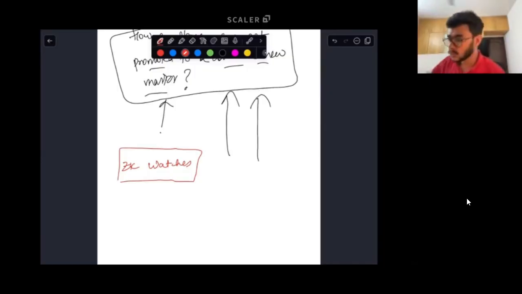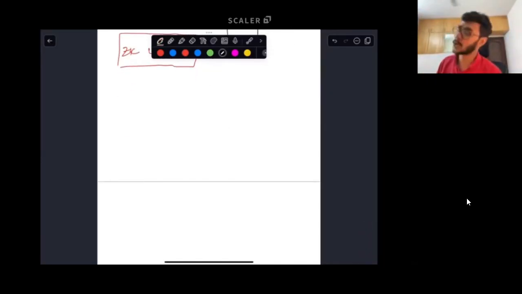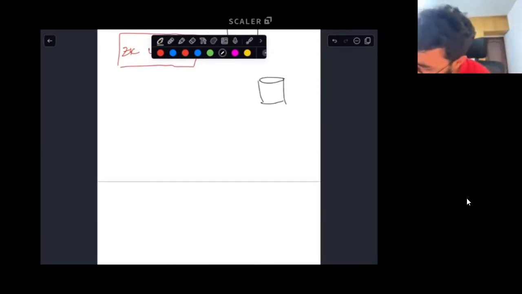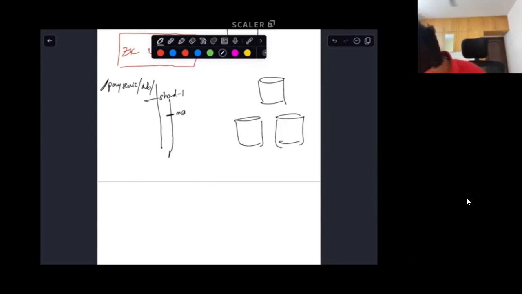The concept of Zookeeper watches is as below. Let's say again the same: there is a master and then there are a few slaves. And let us say there is a file structure for it. Let's say payment service. Inside of payment service, you have something like a database. Inside of database, you have some shard 1. And in shard 1, you store information for the master IP. Let's say master IP and port are both stored in one file. Then let us say there is a slave 1 IP and a slave 2 IP.